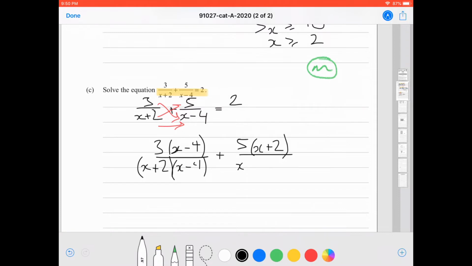and that's over, once again, (x plus 2)(x minus 4). And this all equals 2. Okay, now we can expand our numerators and combine into one fraction at the same time. We can do that because our denominators are the same, x plus 2 and x minus 4. So, once again, expanding the brackets,